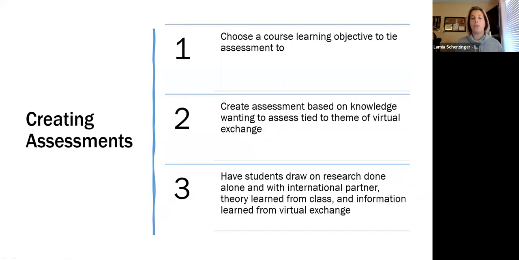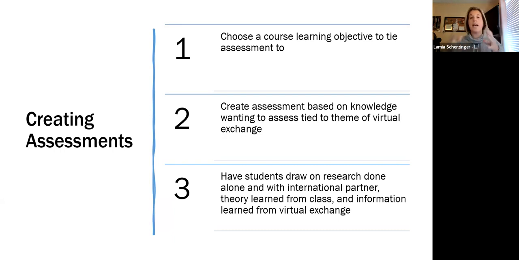So first and foremost, when creating assessment, obviously tying it to a learning objective. So how can you tie it into it? This is kind of basic course creation 101, but you don't want to create a project that has no tie to your original course objectives. And we can fall prey to that because we're like, oh, this is so great. And then you implement this course assessment and it doesn't tie to anything that they're supposed to learn. So really making sure to do that.